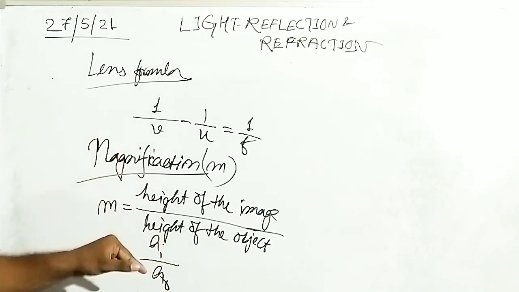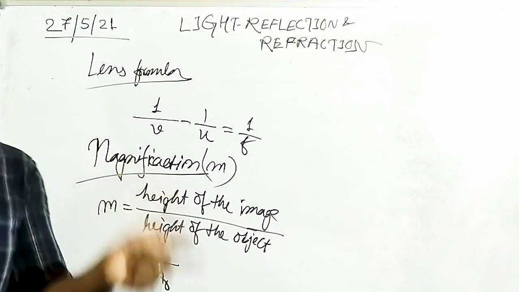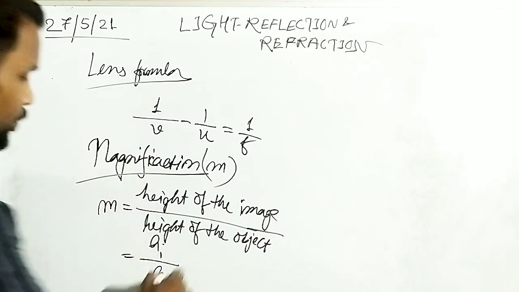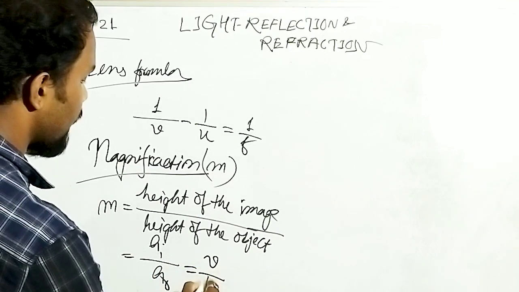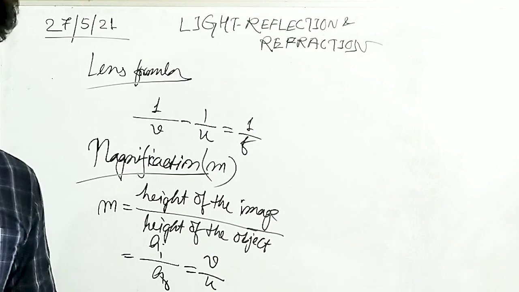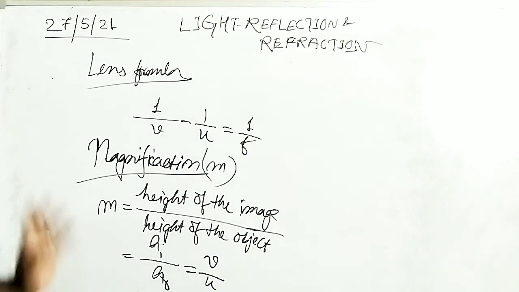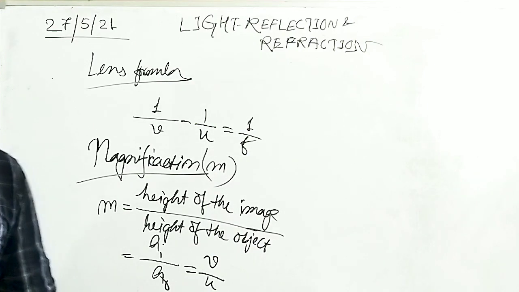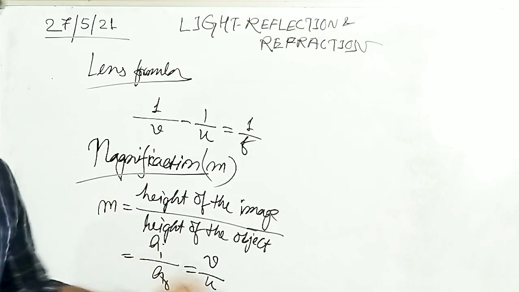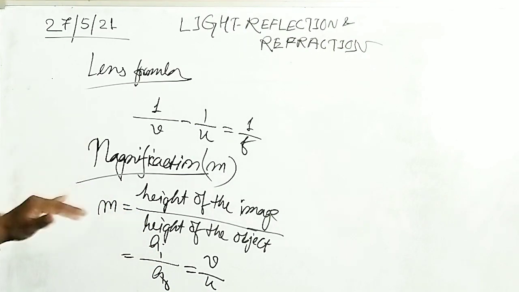But in this case, the formula minus v by u will be substituted by, what do you think? v by u. That minus sign will disappear, that minus sign will disappear. Simply what will remain? v by u. That means we are going to get the magnification formula as hi by ho equal to v by u. This is the main concept about the lens formula and the magnification.